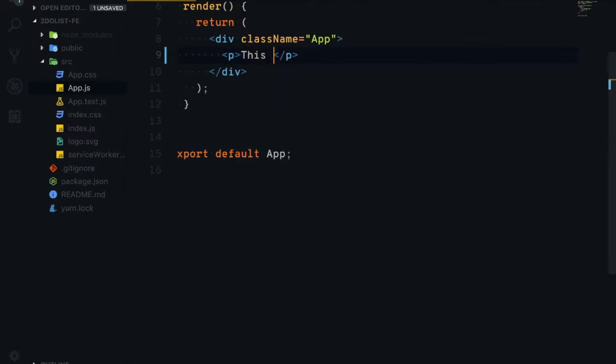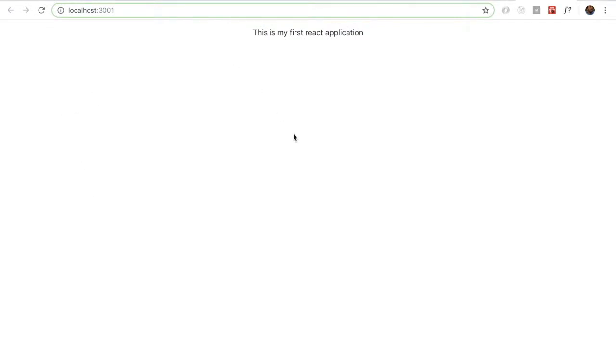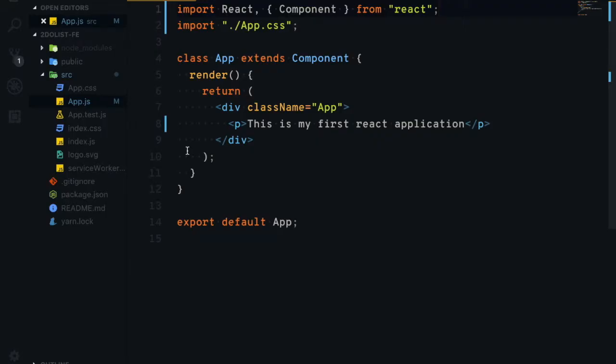This is my first React application, and I will hit save, and as you can see, the page reloads automatically and it shows "This is my first React application." So we are sure that our React application is working just fine in development mode. Alright, so